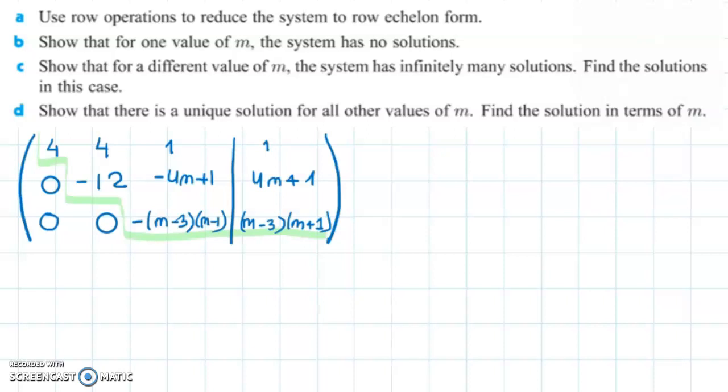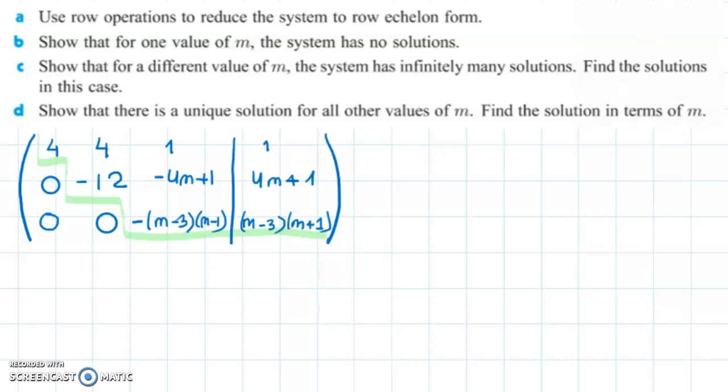Hi again, this is our second video trying to solve a 3x3 system of equations with a parameter m. So far we did part A, where we had to use row operations to reduce the system to row echelon form, and the result is written over here. And now for parts B, C, and D, we are going to be discussing